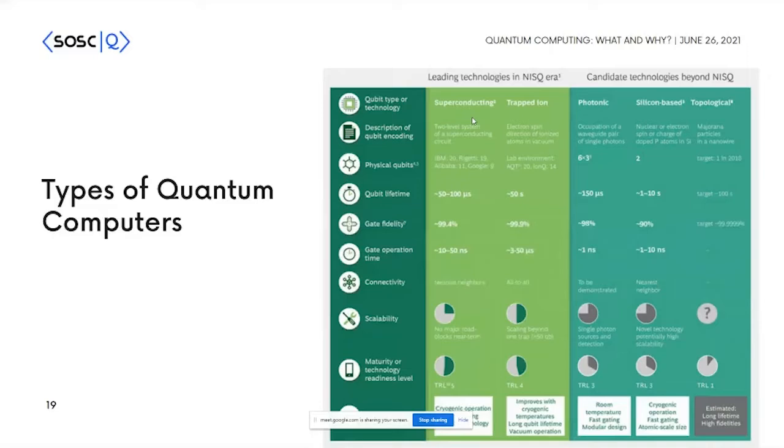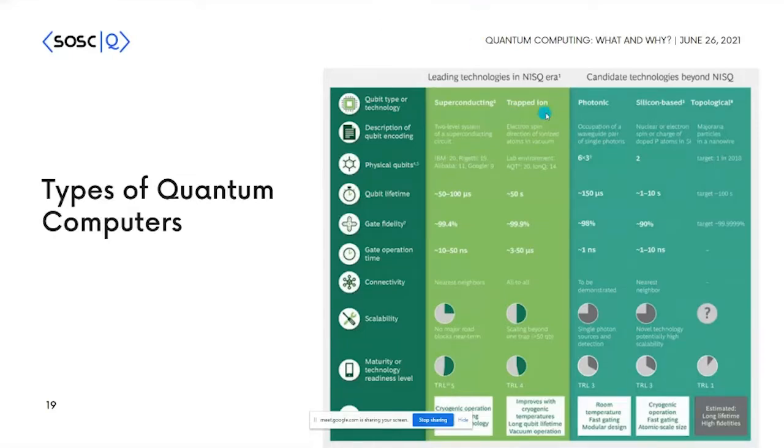Basically, as it says, you have a superconducting Josephson junction, which is kept at really low temperatures. I'm talking about almost 0.15 millikelvin. You use something called a dilution refrigerator to keep them at such low temperatures and make them behave like a quantum mechanical system. This is a superconducting circuit. It is usually built using semiconductor based chips. So this is one of the types.